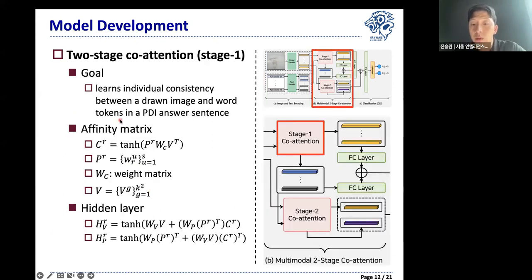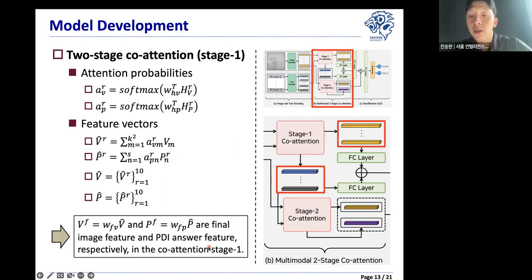The goal of our stage 1 co-attention is to learn individual consistency between drone images and word tokens in a PDI answer sentence. To do this, first we construct an affinity matrix to obtain two modalities' hidden layers with cross operation. By using the hidden layers, we could obtain the attention probabilities for each modality. And we obtain the final feature vectors at stage 1 by multiplying the encoded results of each modality by the